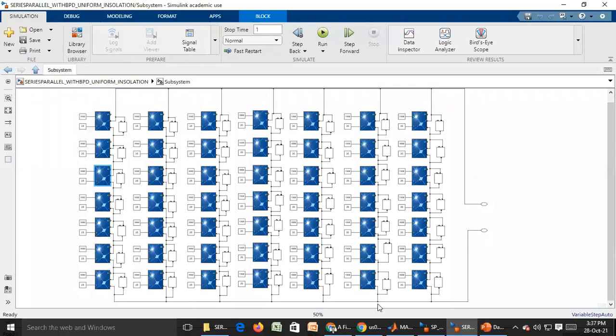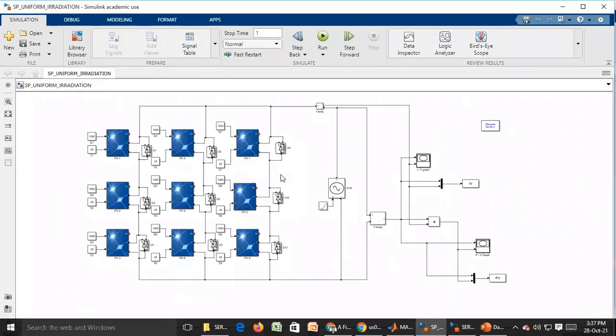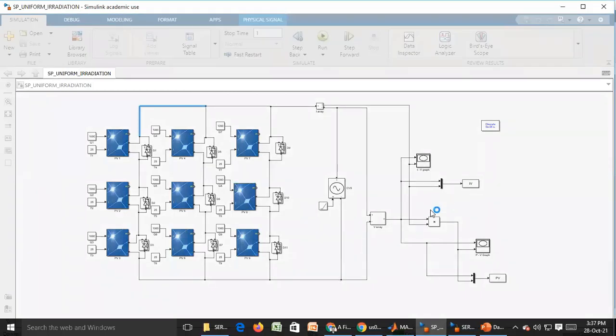So there are 7 strings, and every string will have 7 modules. All 7 modules are in series, and all 7 strings are in parallel. Okay, so it will take too much time. That's the reason I have taken 3 here. Three modules are in series, and these 3 strings are in parallel. We'll see the result.